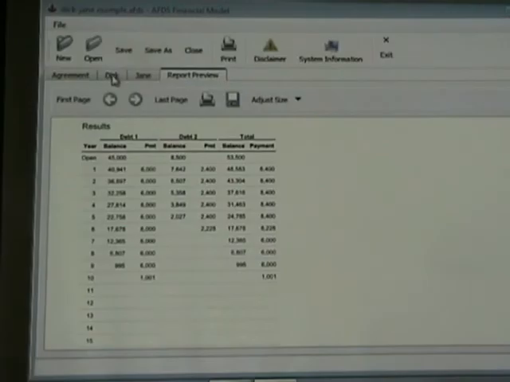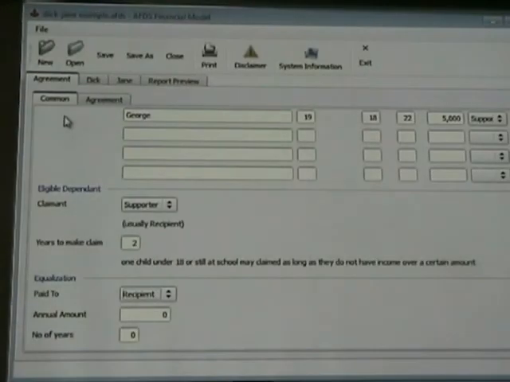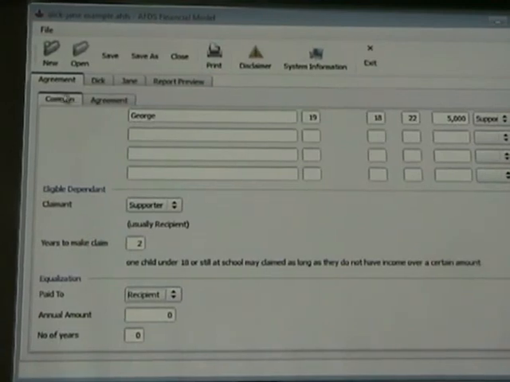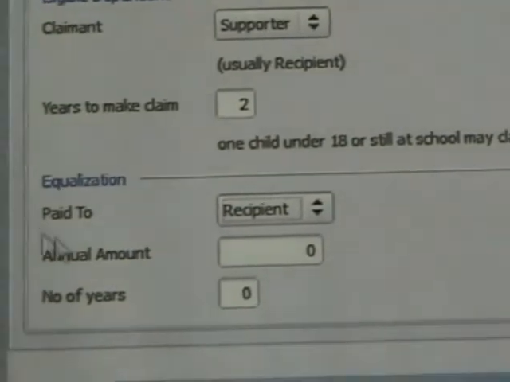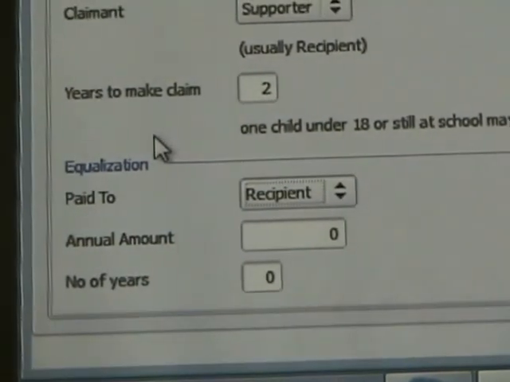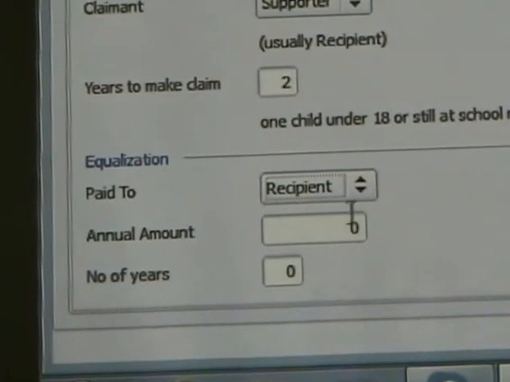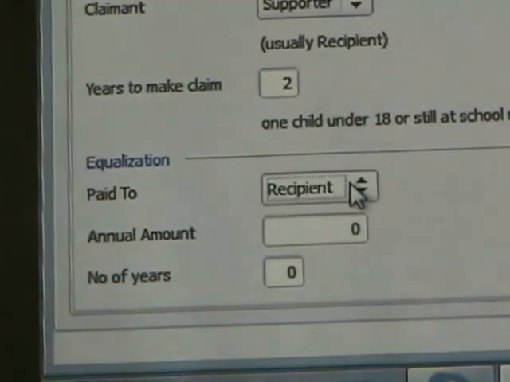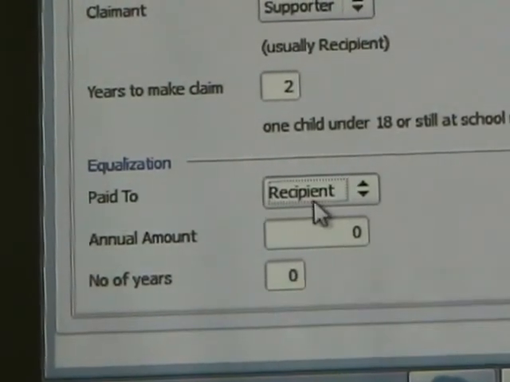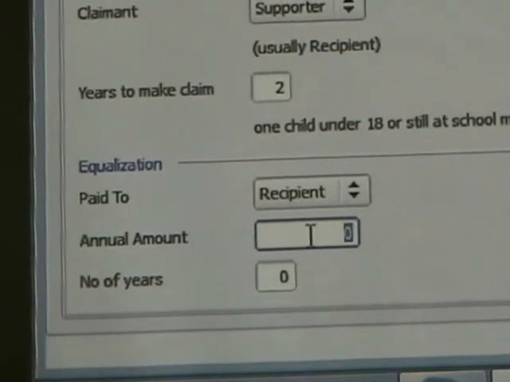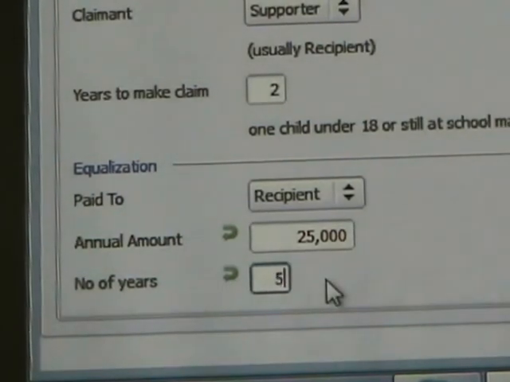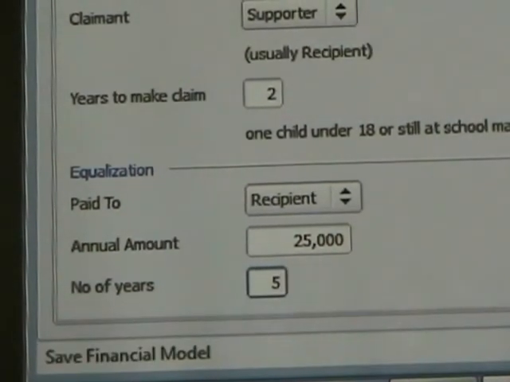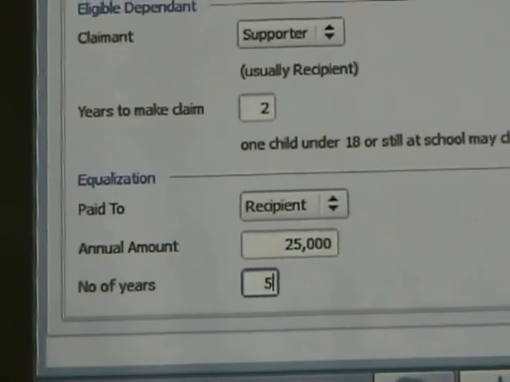And once again, we're going to go back to the agreement tab, and then from there onto the common tab to look after planning work that you may be required to do with equalization. So after you've entered everything, maybe later on they figure out how the equalization is going to work. You have the option of having it paid to either the recipient or the supporter. In this case, he owes, so it's going to be paid to the recipient. For the one part, he's going to pay $25,000 a year for 5 years while he's working. And if we go ahead and save that and go to see how that plays out into things,